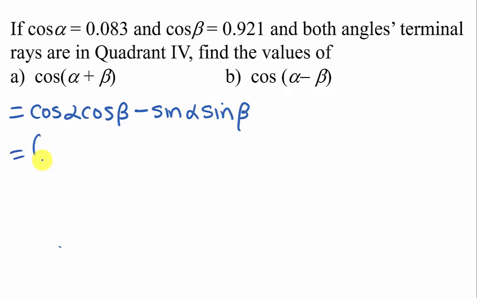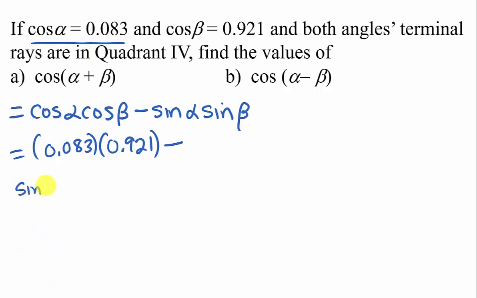So if I sub in what I know cosine alpha is 0.083, and I know cosine beta is 0.921 minus, now I need sine alpha. Well, if I've got cosine alpha as a decimal, I'm going to use the fundamental identity to find that. That, in fact, is sine squared alpha plus cosine squared alpha equals 1. So sine squared alpha equals 1 minus, I'm moving that over, cosine squared alpha, and that would be